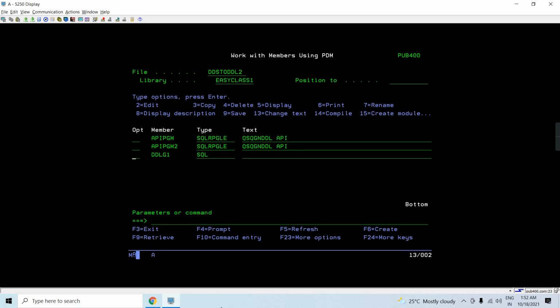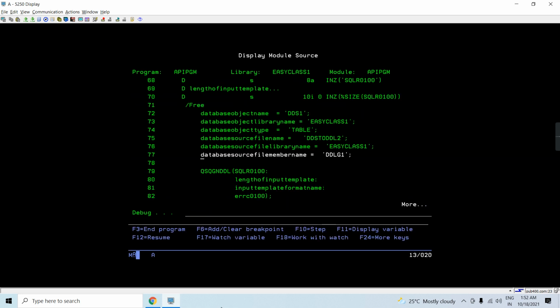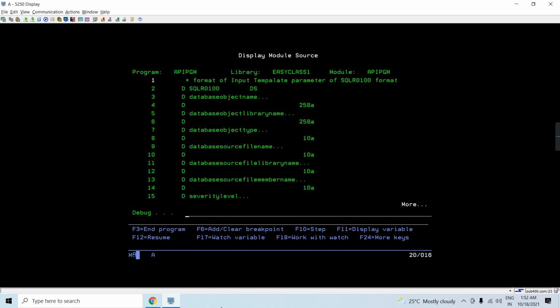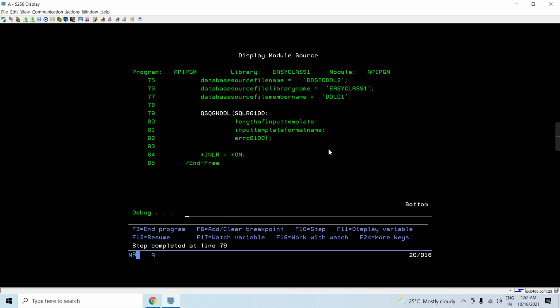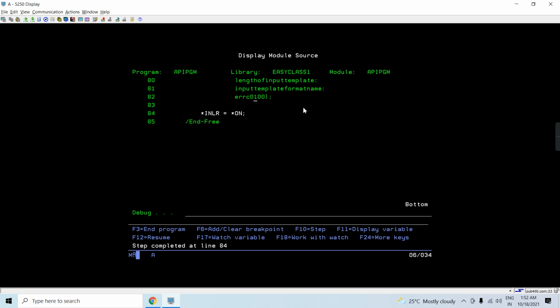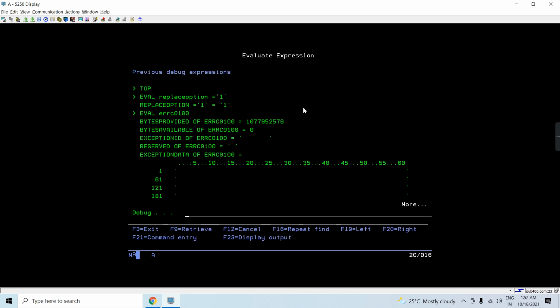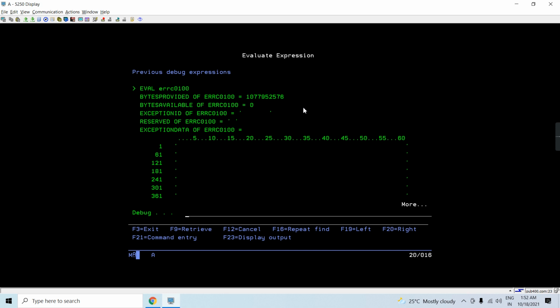So here we have source, this source. So what I can do, I can change the replace option here, which is 0. Let's make it 1. So you can see there is no error.